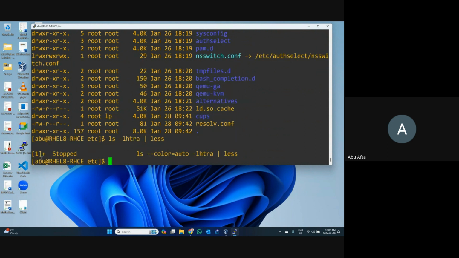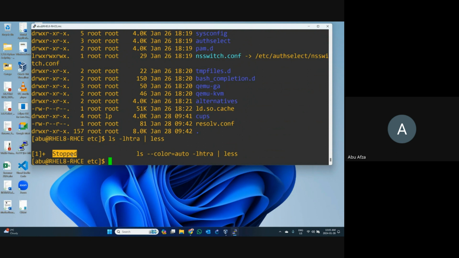Okay, I want to break and stop it. I use Control Z. When you think no, I don't need it, you can use Control Z. You can see that one is stopped. When you use Control Z, you can see the stop. That is an interrupt option.